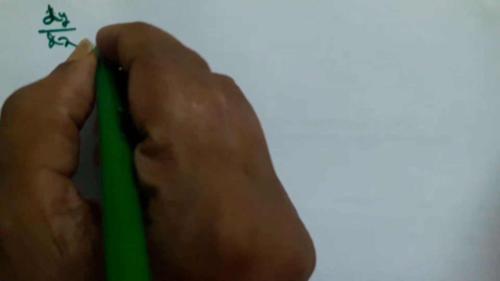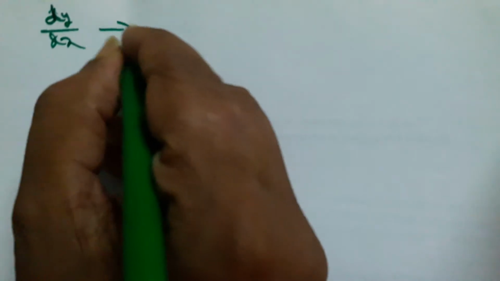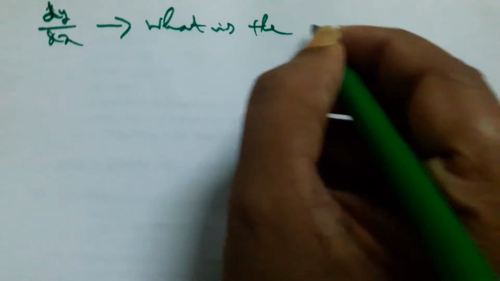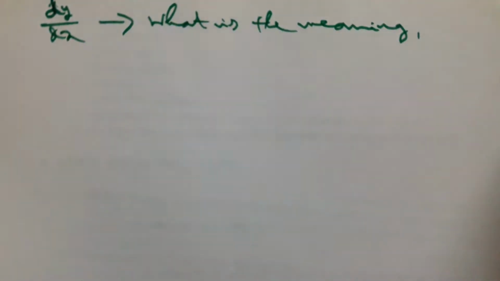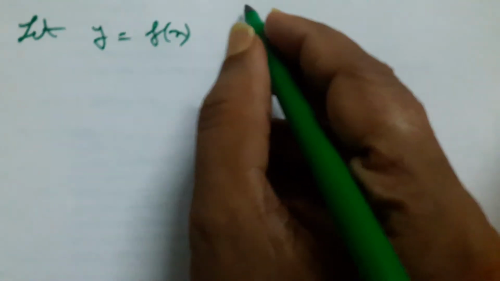Now we discuss the derivative and the meaning of the derivative. The first order derivative we generally write as dy/dx. What does dy/dx mean? What is the meaning of the derivative? At first, let y equals f(x) be any function, basically a real valued function that we consider,